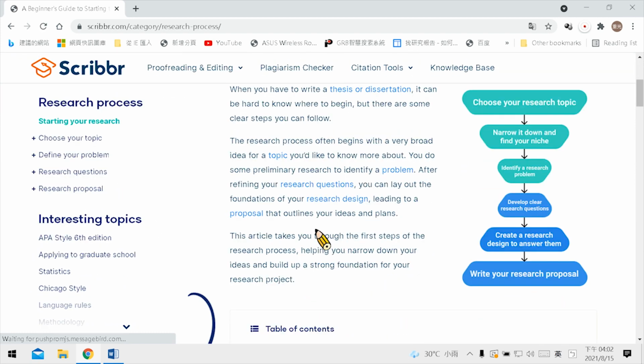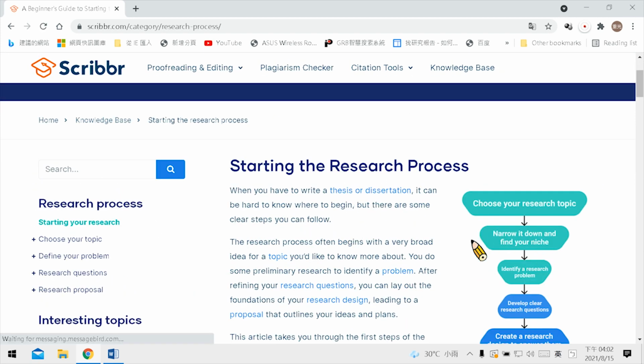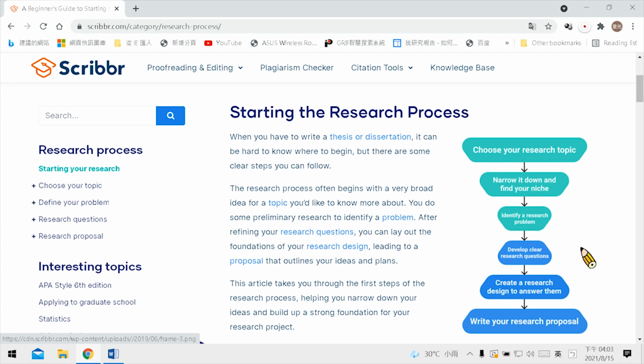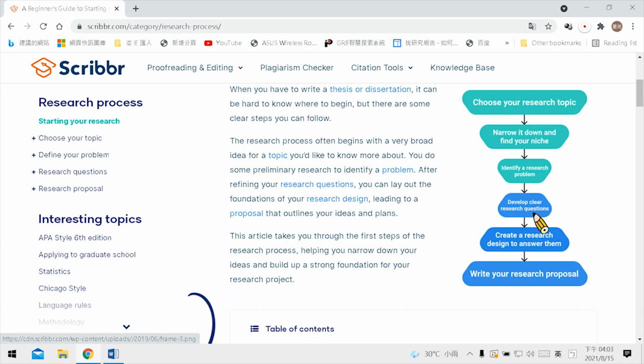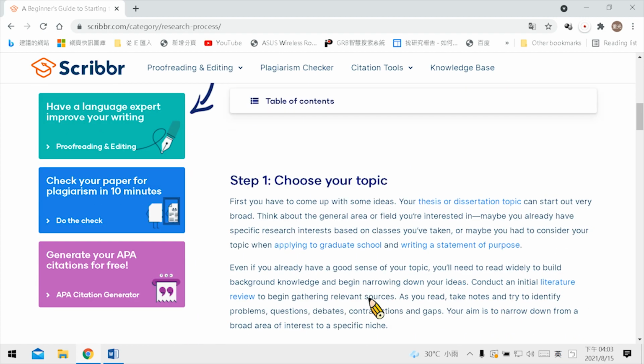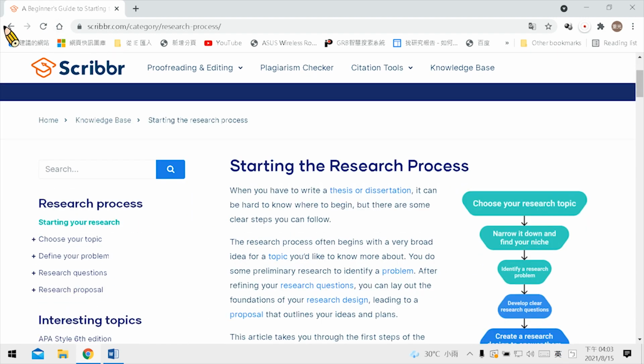and it teaches you how to start your thesis, like choosing a research topic, narrowing down and finding your niche, and identifying a research problem. Okay, develop a clear research question and create a research design to answer it. This is the questionnaire, and write your research proposal. In your first year you need to have a research proposal. Okay, so next